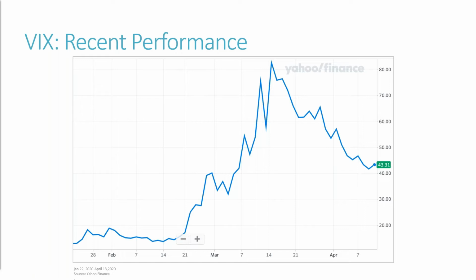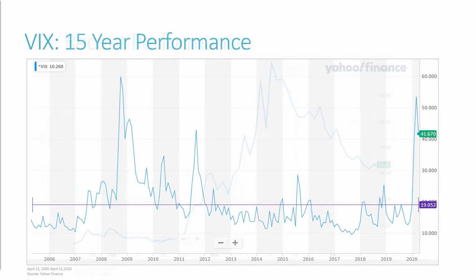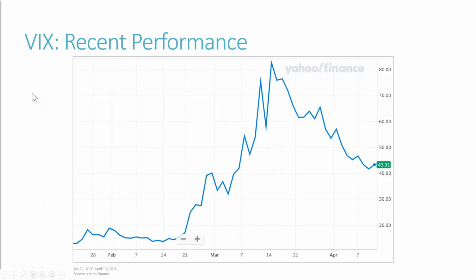Let me make sure I didn't skip one yet. Okay, going to the next slide here. This is the recent VIX, the volatility index again over the past several months, going back towards the end of January, and this is a day-by-day interval. Before, if we just used month by month and looked at the month-ending value, it showed a peak of about 54, and now it's up above 80. The VIX did peak at 82.69.